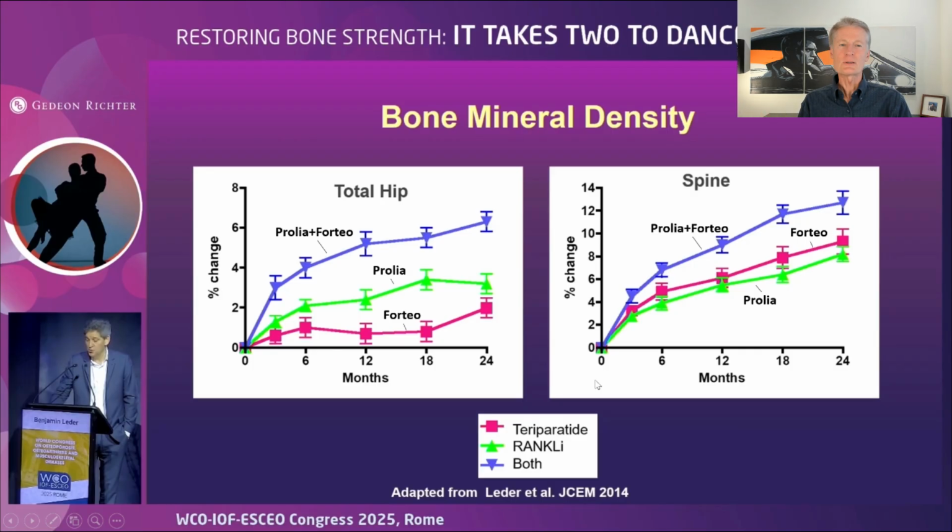And as a matter of fact, there's a chart that's not shown here, which is the distal 1/3 radius, right? Your wrist area. And the wrist area was significantly higher than either Prolia or Forteo alone. So you see this additive effect. And then someone asked him, well, shoot, if someone's been on Prolia, you say you can't transition to Forteo or shouldn't. And he says, yeah, don't do that. But what you could do is instead of transitioning off of Prolia, right, because maybe you fractured or something, you want to do something, just add Forteo on top of Prolia.